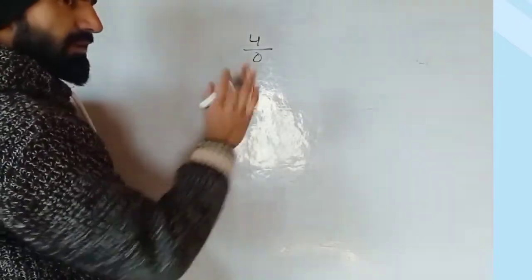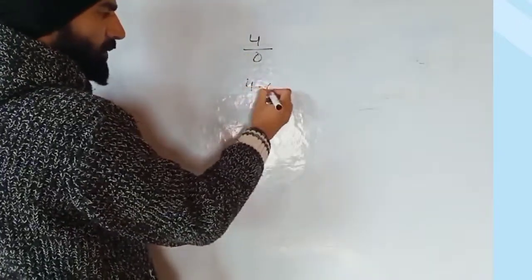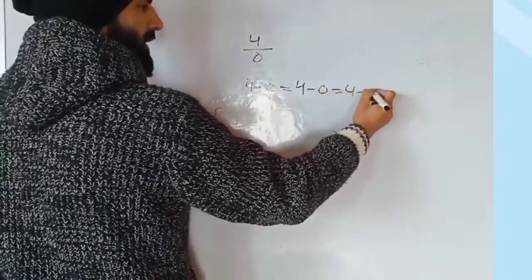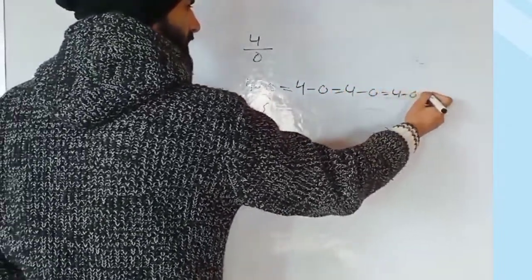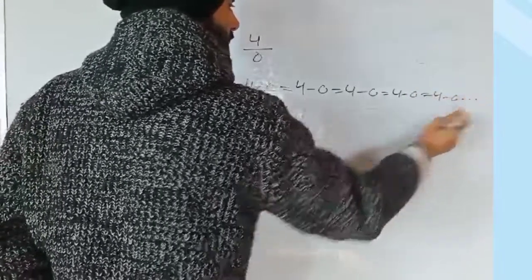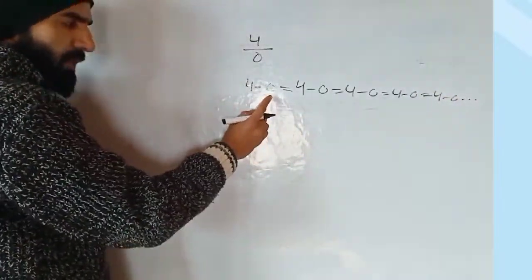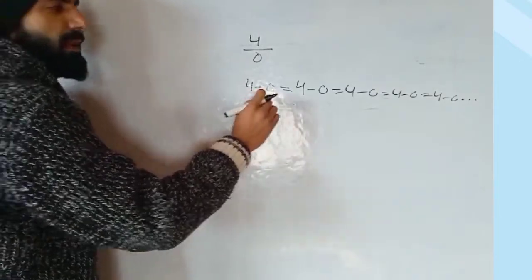For example, let's do it. 4 minus 0. What am I getting? 4 again. 4 minus 0, 4 again. 4 minus 0, 4 again. So I can see here that I can subtract 0 from 4 as many times as I want,